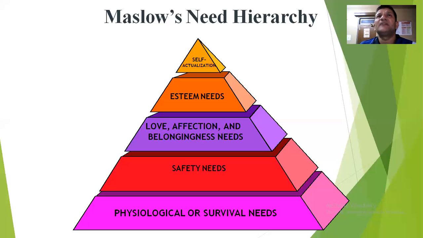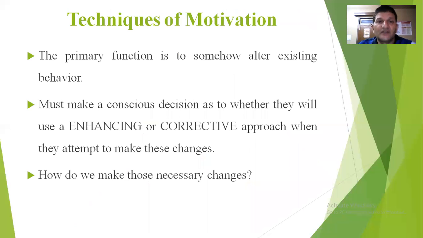Okay, and then self-actualization. Sometimes the athletes become philosophical. Philosophical means any kind of philosophical thinking. What we call self-actualization is basically that the athlete gets into philosophical things. So this is where the athlete is going into a self-actualization mode. That is a very important theory which is applicable to sports a lot.